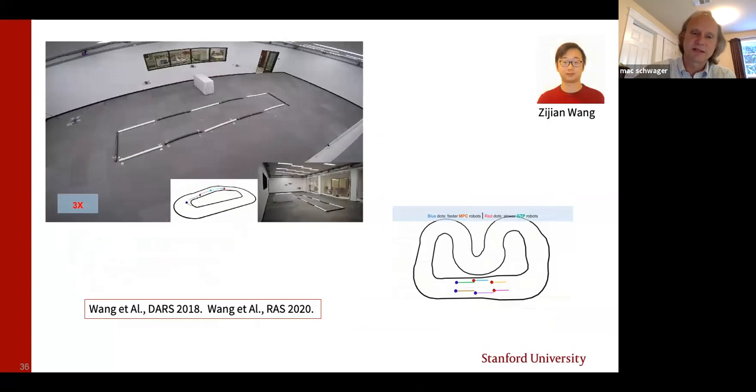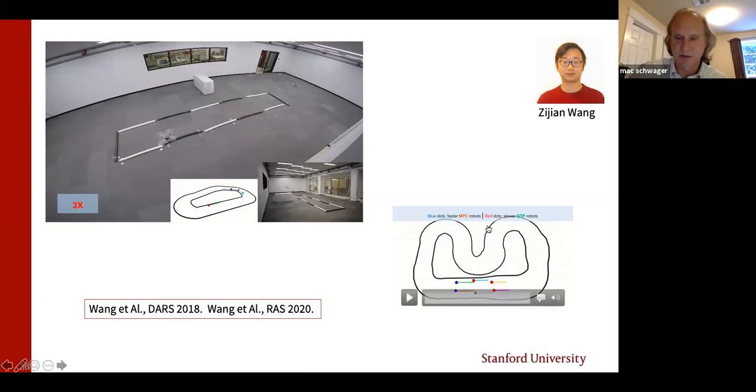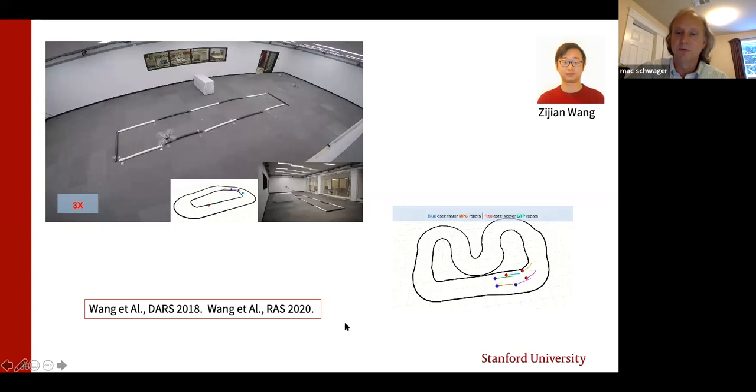We've also scaled this up to more drones. So this is quite a computationally intensive procedure, but we have multiple tricks to speed up the computation through parallelizing the iterations in the iterative best response. This is described in this Robotics and Autonomous Systems paper that just came out in 2020. And we're able to scale up now to 4 drones, which I showed in the experiment video, and up to 6 drones, which I show here in the simulation, moving in 3D.